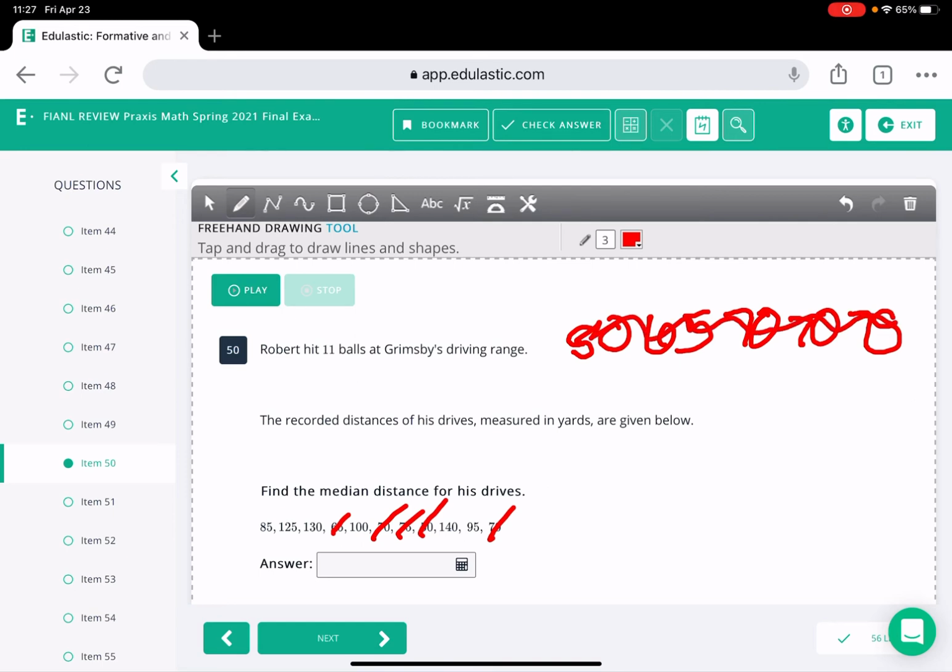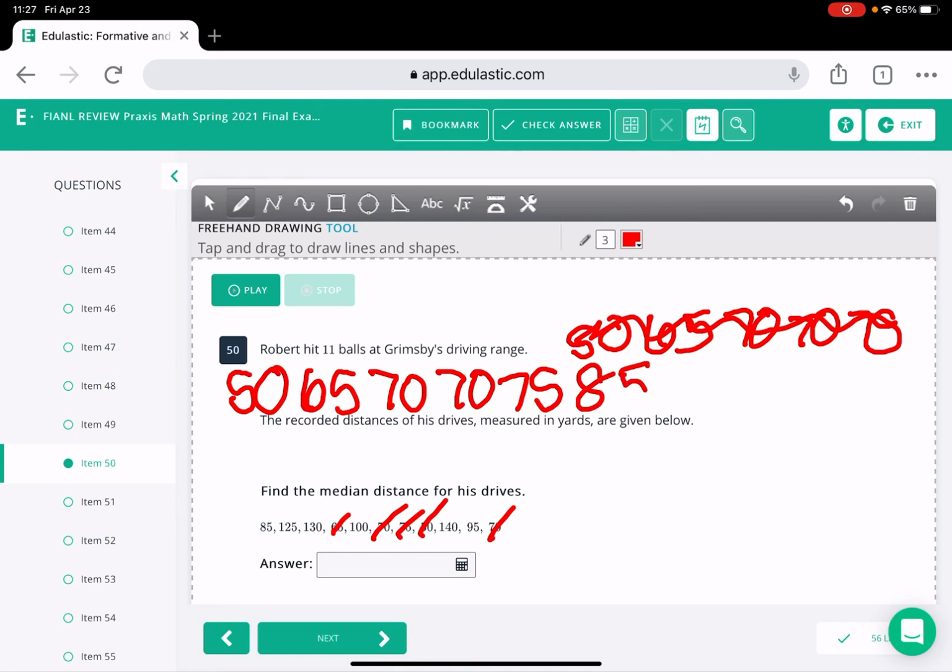I'm messing this one up already. Okay, so 50, 65, 70, 70, 75, 85,